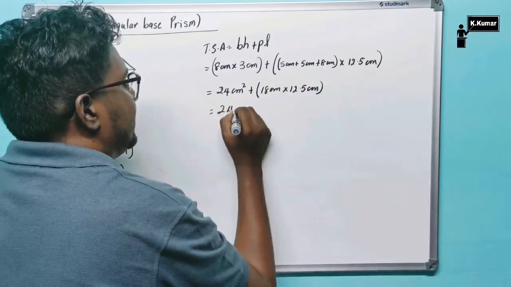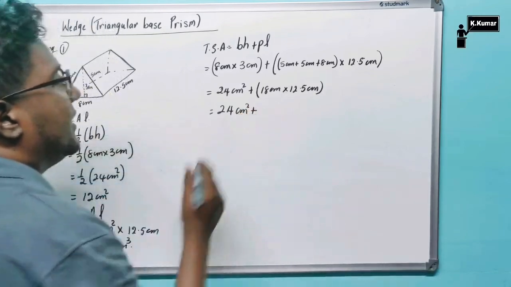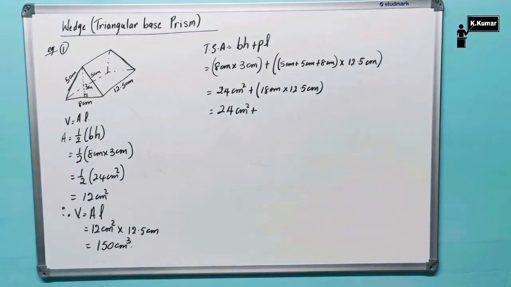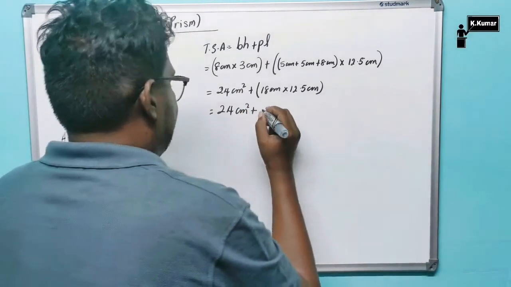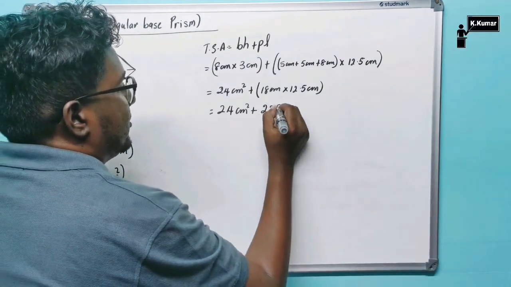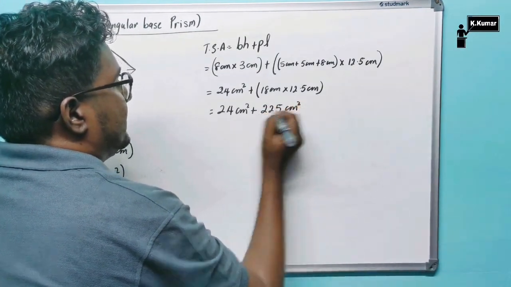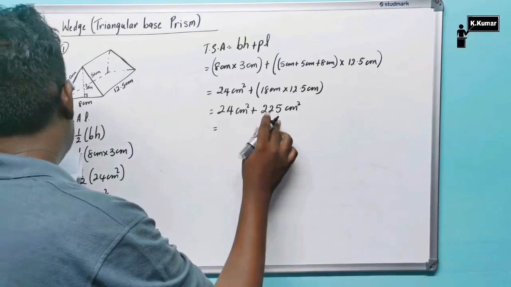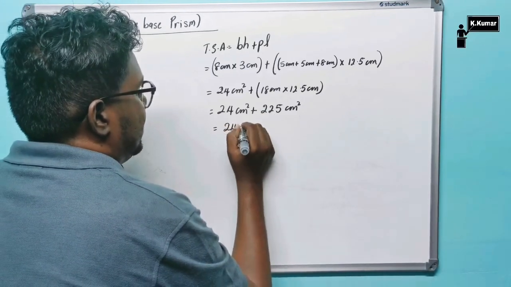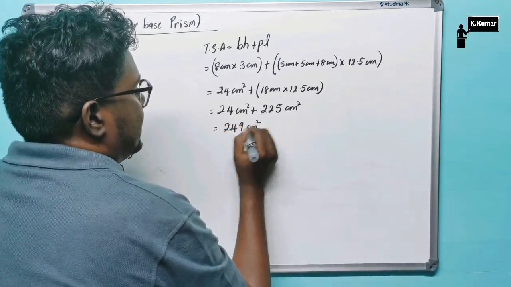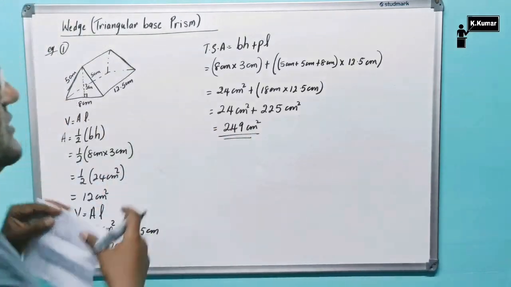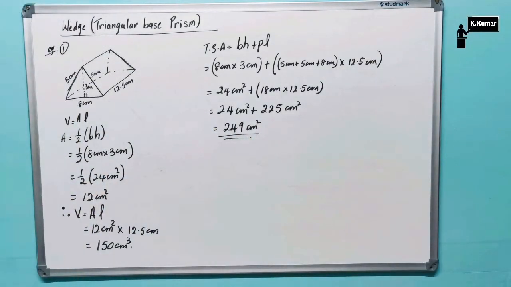So this is going to be 24 cm squared plus 18 times 12.5 is going to give me 225 cm squared. Adding 24 and 225, I would get 249 cm squared, and this is the total surface area